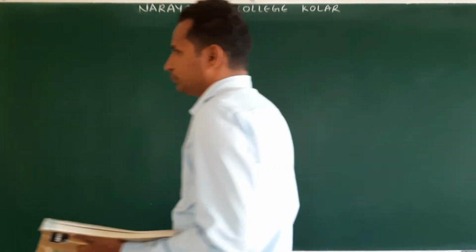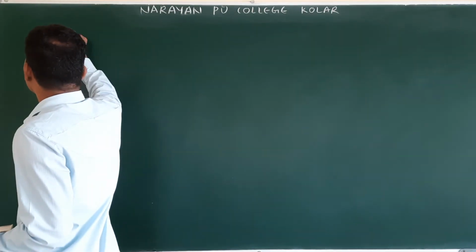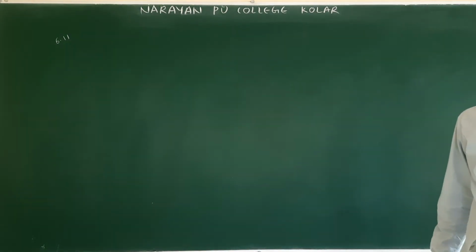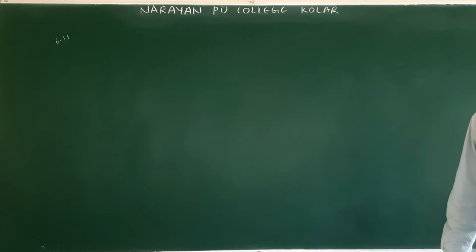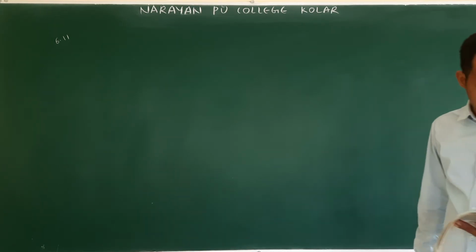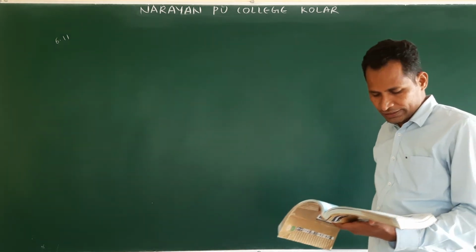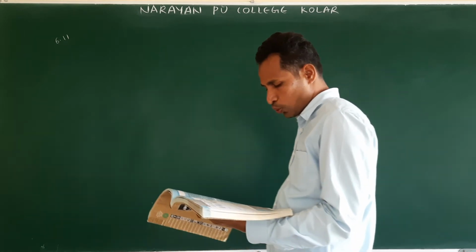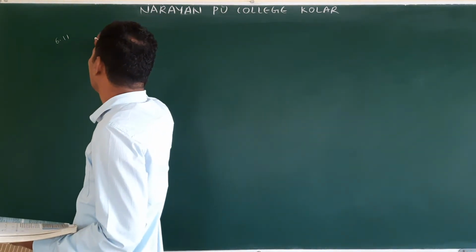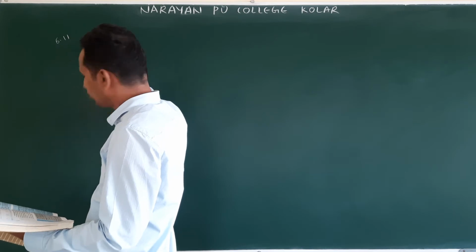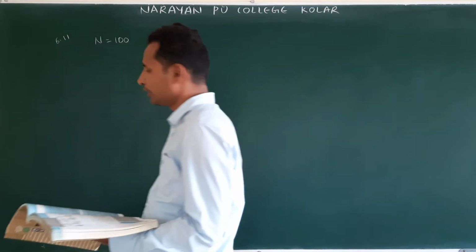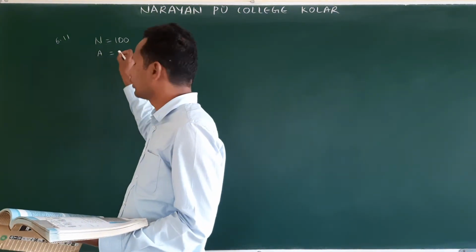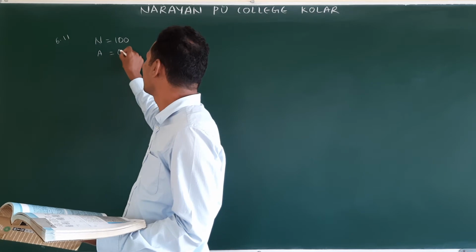Next, example problem 6.11. This question was asked in the examination last time. Kamala pedals a stationary bicycle. The pedal of the bicycle is attached to a 100 turn coil of area 0.10 meter square. The number of turns is given: capital N is equal to 100. How many turns? 100 turns. Area A. What is the area of the coil?